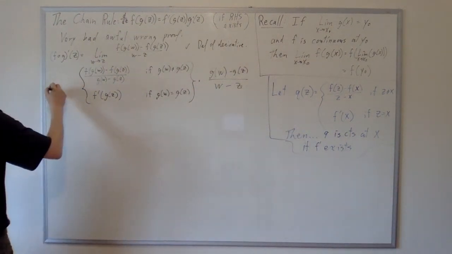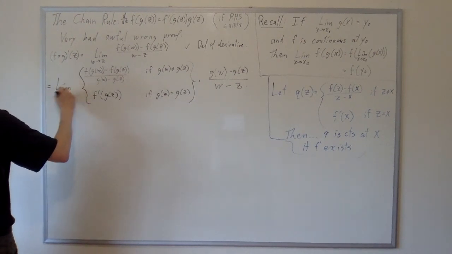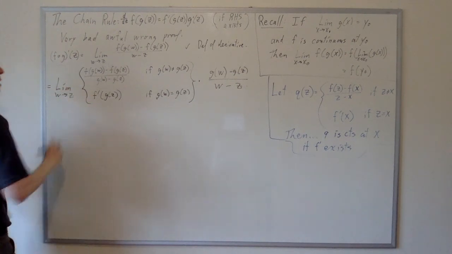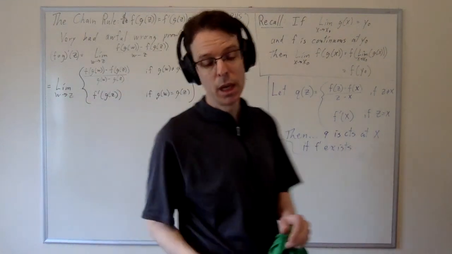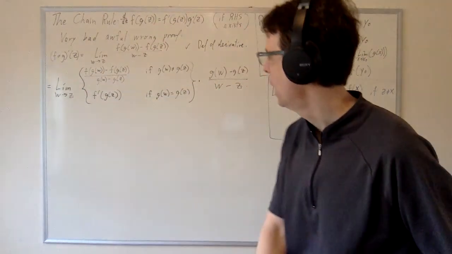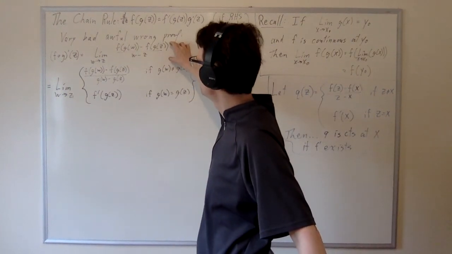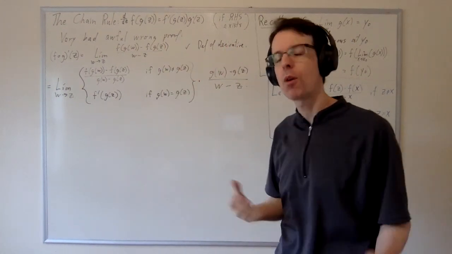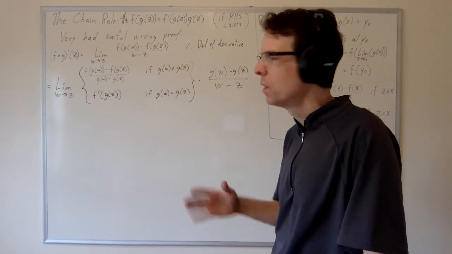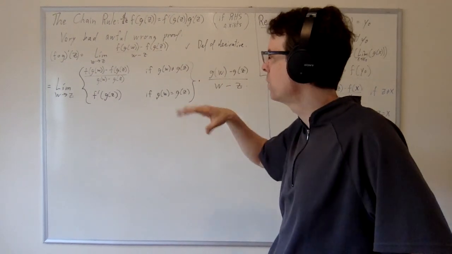And then out here, I get the limit as w approaches z. Now, have I messed anything up yet? Well, so here I've taken this simple quotient and I've replaced it with this. And you might say problem solved. But wait a minute,